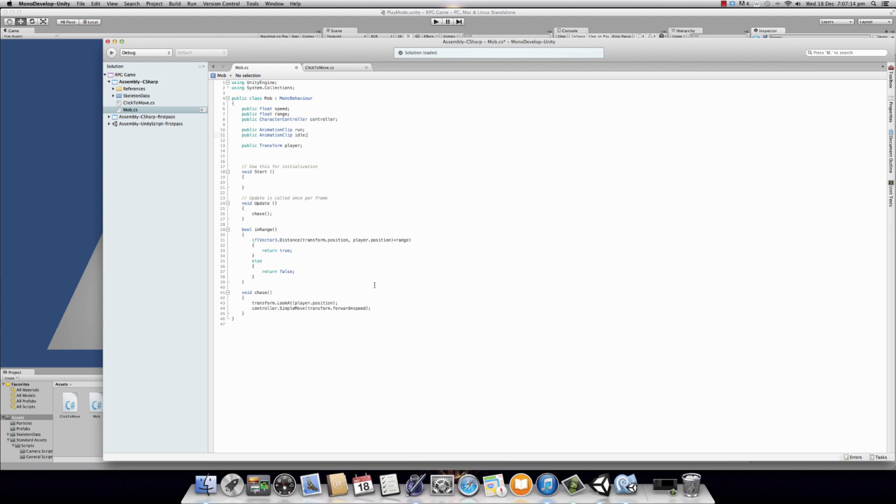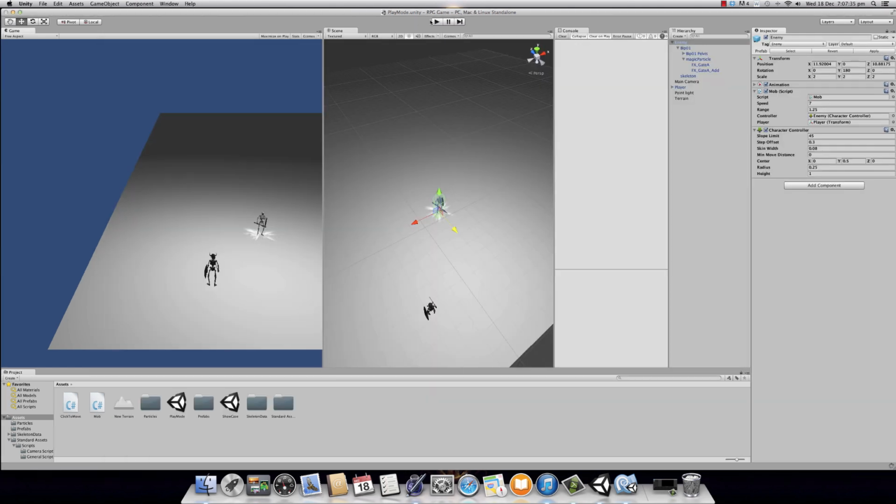For now we're just going to work with the run animation. So we're going to say animation dot play run dot name. So basically, while we're chasing our player, we're going to play the run animation,